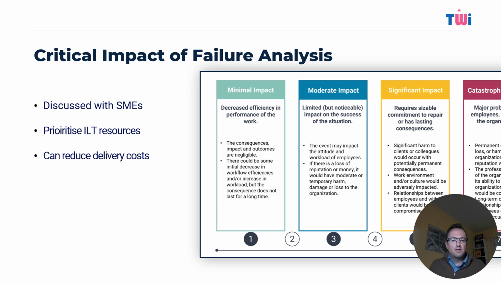So looking at this example impact scale, when the criticality is, say, for example, between 5 and 7, we may need to provide instructor-led or e-learning courses as training prior to go live, but when the criticality is just 1 to 4, well, it might suffice to just provide the content via the digital adoption platform. In some cases, this can reduce our overall training delivery in half, thus reducing again that employee downtime by using that resource only when it's actually needed.